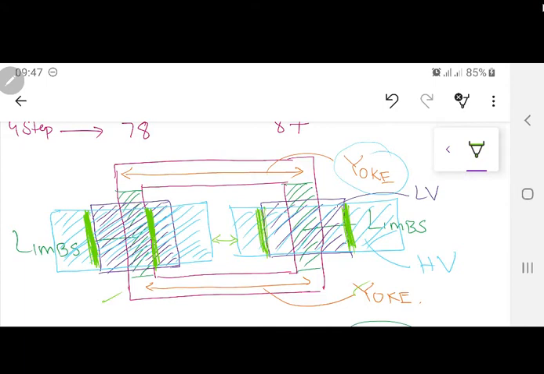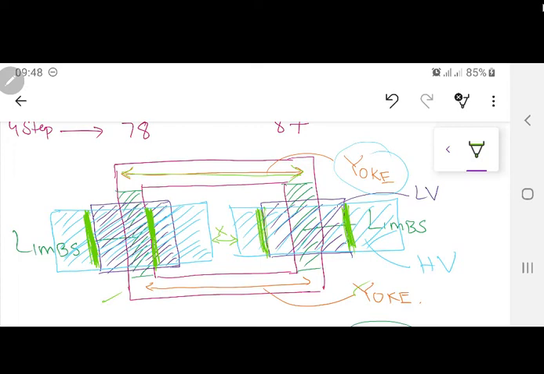You have the low voltage winding designed first, then the high voltage winding, then based on some threshold value, you can call this value X or whatever at present, and based on that X, when you have found out the true distance, from here you can find out this yoke length. So the design of the yoke comes at the very end when you have actually designed the limbs and the winding. This is the design procedure followed by Indrajit Dasgupta, and it is much more practical. It is practically proven, and it is being used in Pakistan.